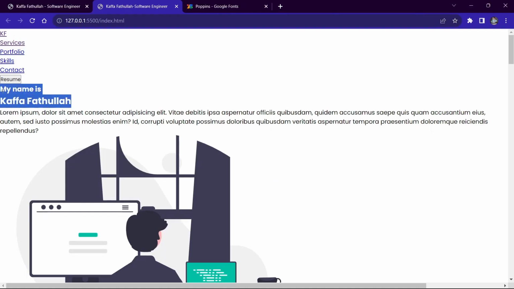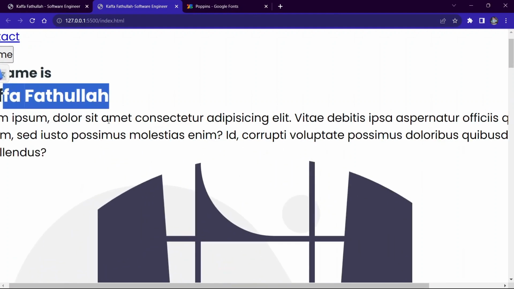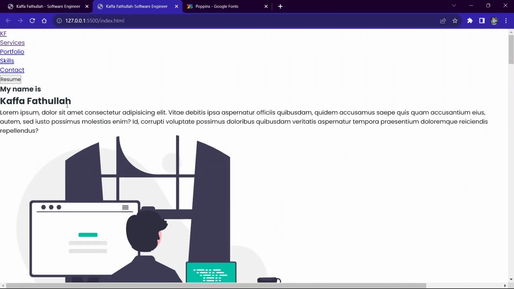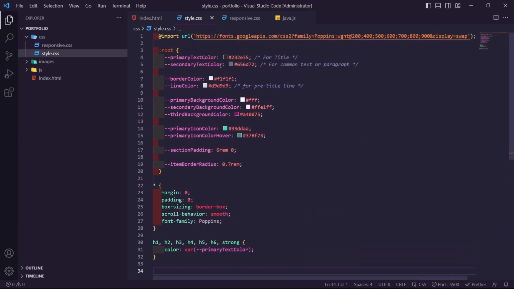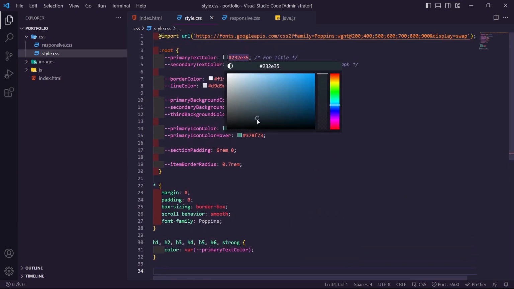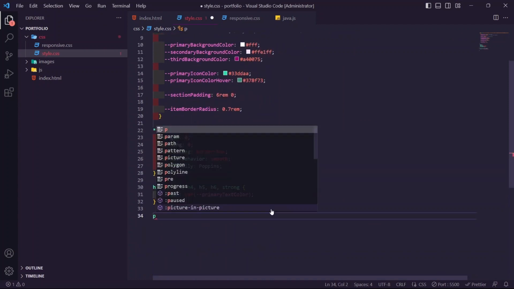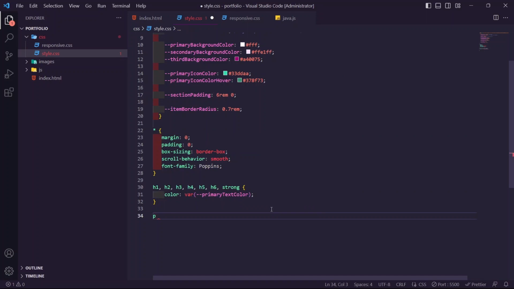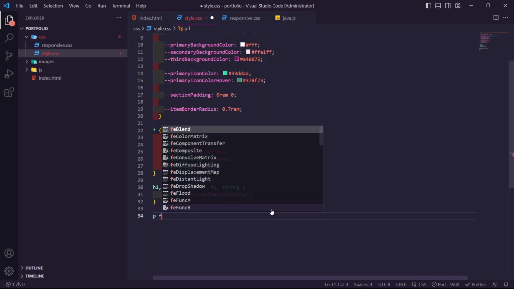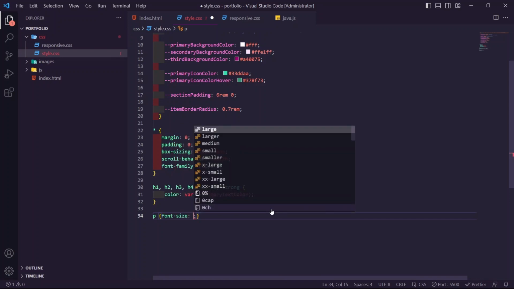So it is already changed, but we cannot see it because it is just a slight difference, because it is actually a dark gray. You can see it is not black. Let's just continue. We're gonna change the color of the paragraph, but first, no, set the font first, the font size to